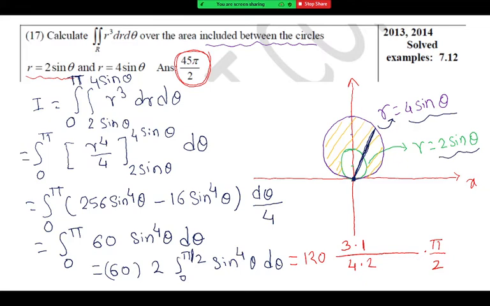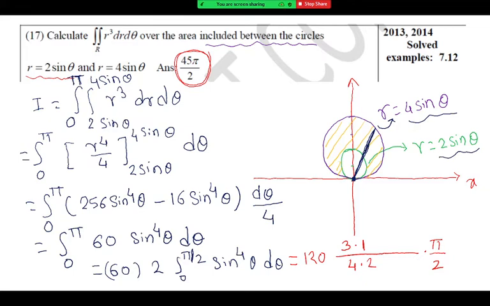Sir, what is that r cube part of this equation known as? What do we call it? Right now it doesn't have any meaning because we have just given some integrand as r cube. This r cube may be the density of that region, it may be anything. Sir, I am asking that if there is nothing there, like 1, we will put the limits of r from 2 sin theta to 4 sin theta. Obviously. Yes, correct.